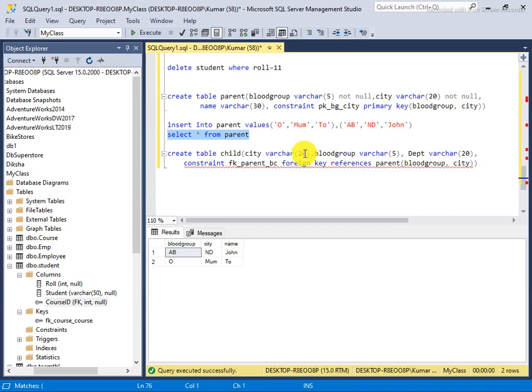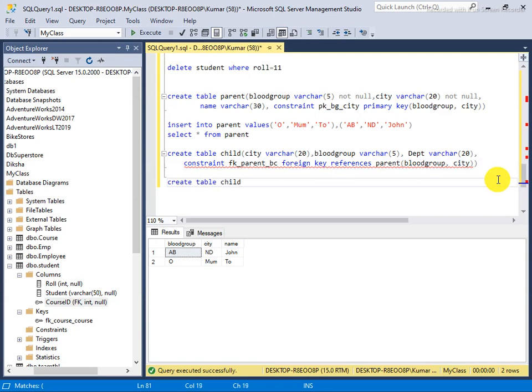City, blood group, foreign key, references, parent. Maybe I made some typo.